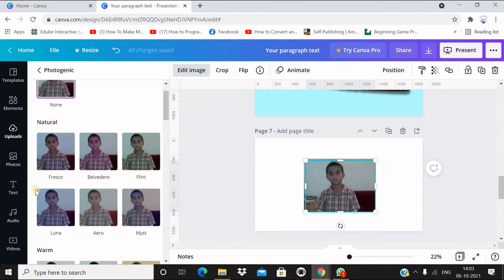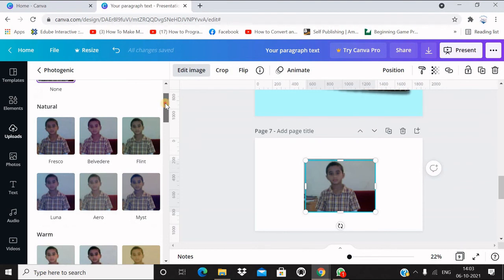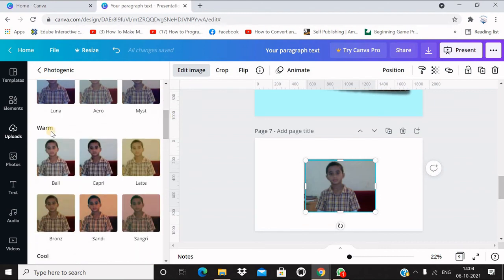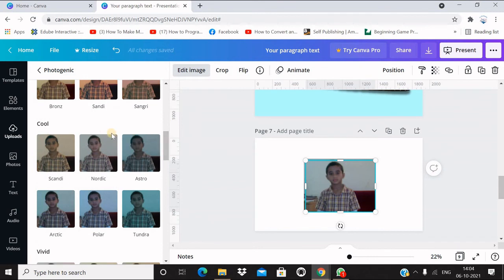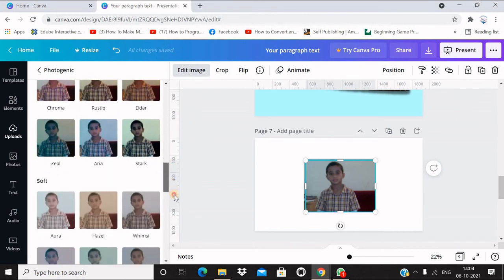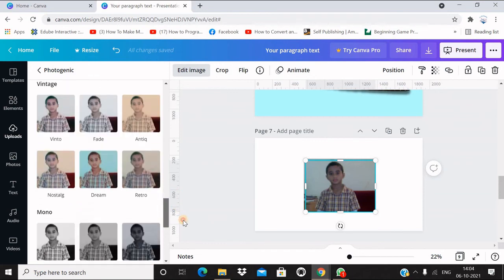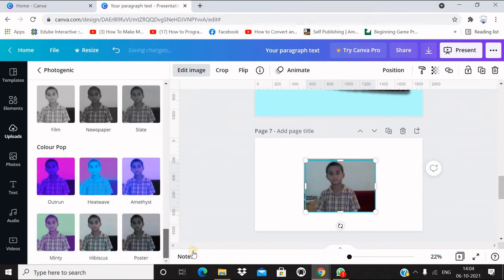Under natural, you have fresco, flint, and so on and so forth. There are many items under warm category, under cool category, vivid, soft, vintage, and mono. Options are so many.